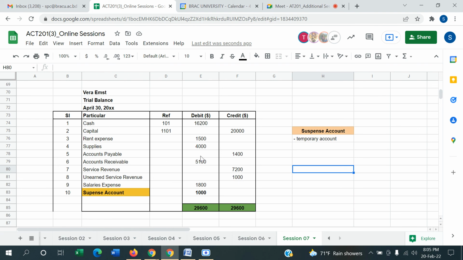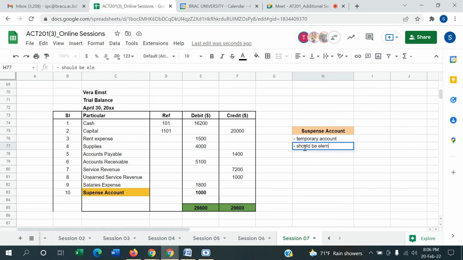And if you clarify the mistakes, there will be no mistakes. Do you think that there will be any suspense account? If you don't make any mistake, there will be no suspense account as well. That's why it is known as a temporary account. This temporary account is basically created just to equalize the debit and credit column if it is not matched when you prepare the trial balance, and should be